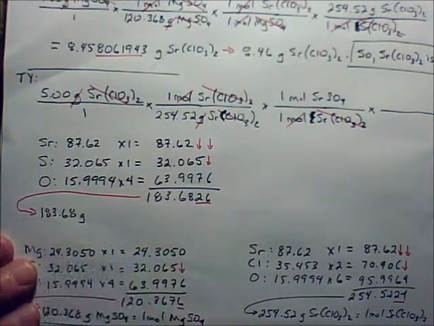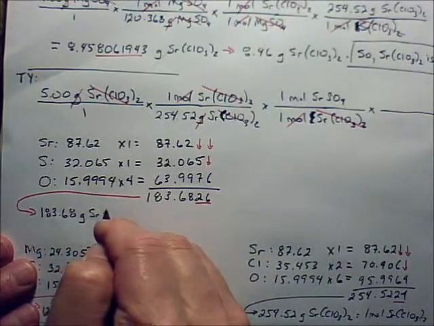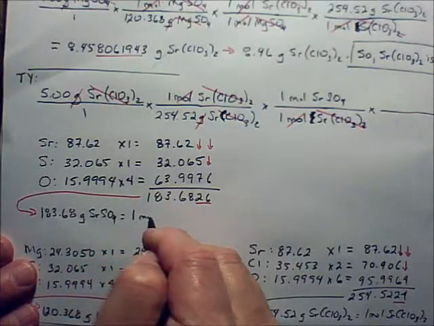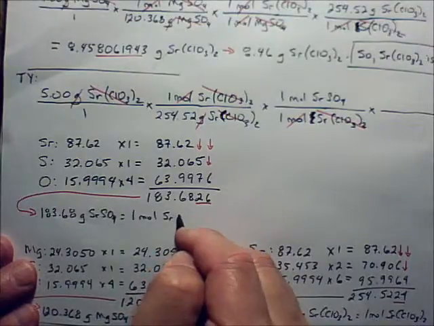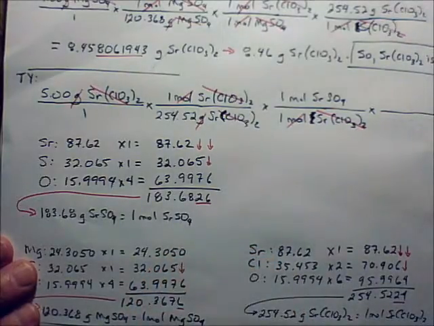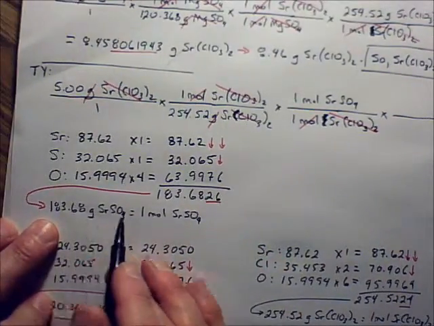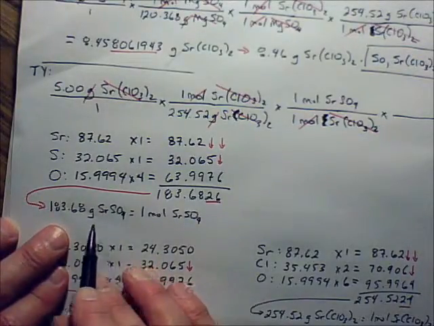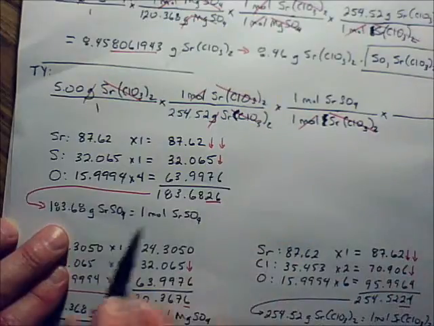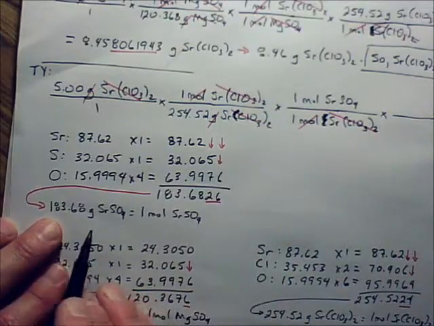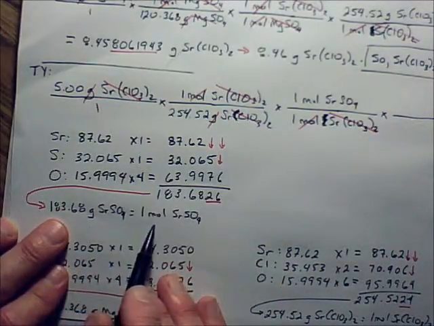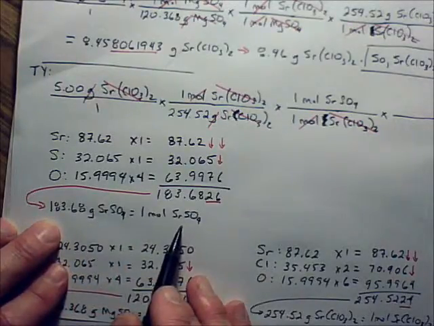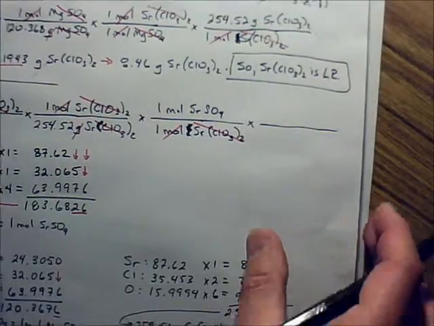183.68 grams of strontium sulfate equals 1 mole of strontium sulfate. Okay, so this is our molar mass for strontium sulfate, but in order to have the equality statement that you need for a conversion unit up here, you are required in this class to always write this equality statement at this point. This many grams of this equals 1 mole of that. Okay, so now we have what we need to write the